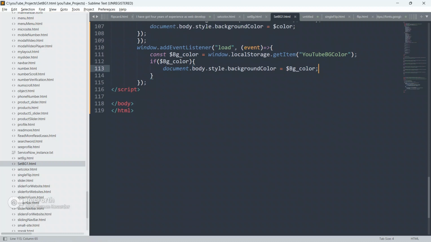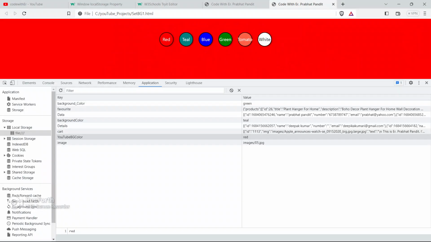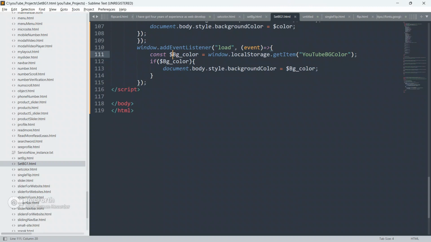Paste it here. Whenever the window is loaded, only then are we getting a value from the local storage by providing its key, YouTube bg color, and we store whatever color is in the local storage in this bg color.